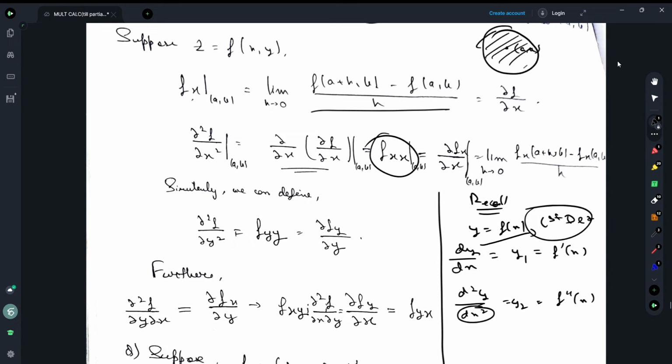Clear? Got it? Clear? Your fx is given as the limit as h tends to 0 of f(x+h